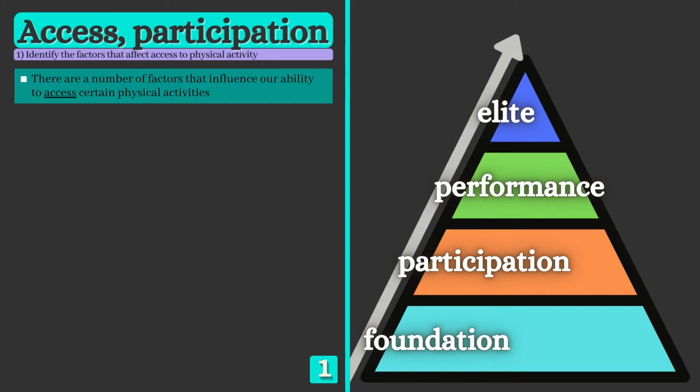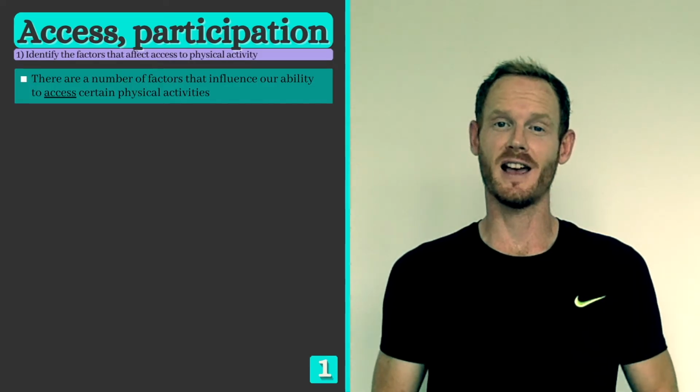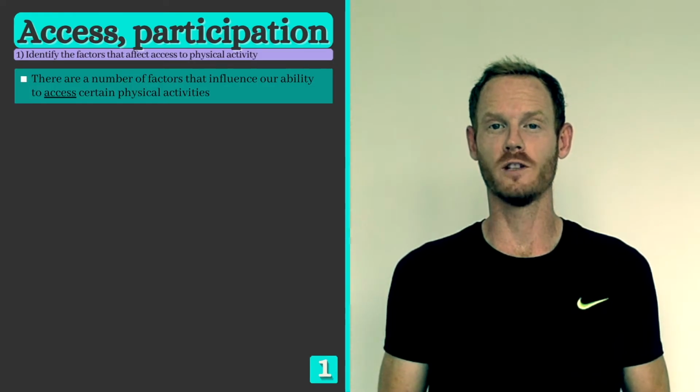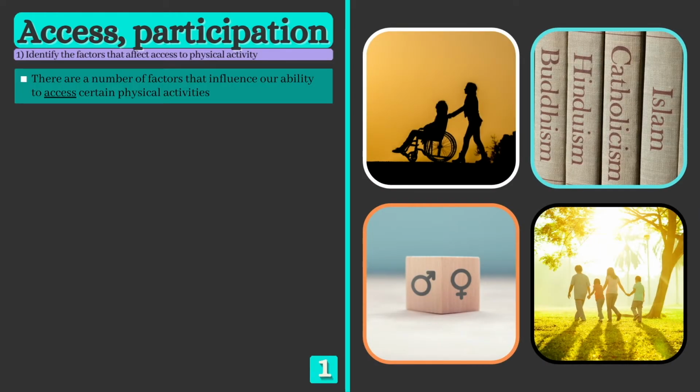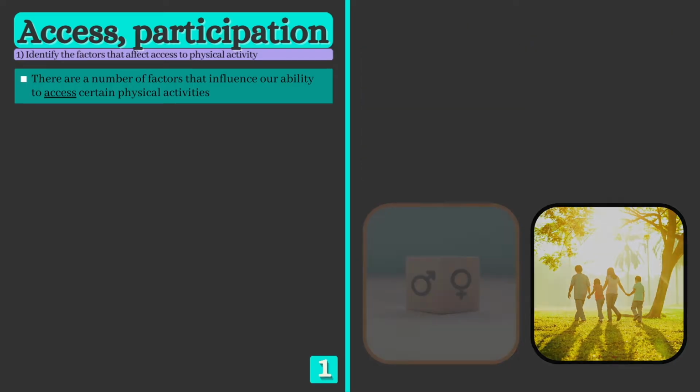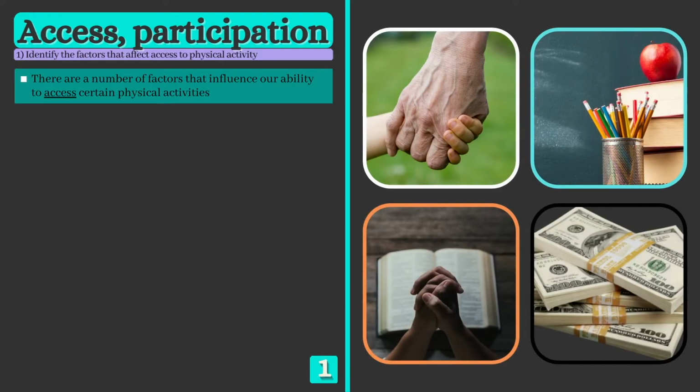In our last lesson, we looked at ways in which people can be helped to progress through the levels of the sports development pyramid. Unfortunately, and despite the efforts of the numerous parties involved, many people come across obstacles that hinder their progress or even prevent them from becoming part of the pyramid and taking part in physical activities at all. We'll begin by taking a look at some of these obstacles or factors that affect our ability to access